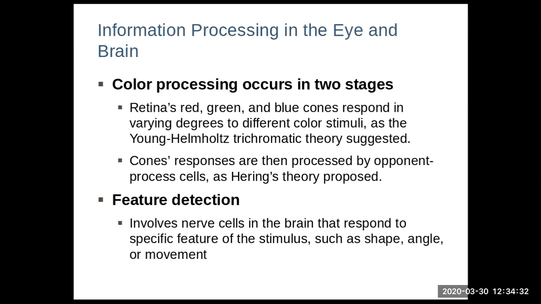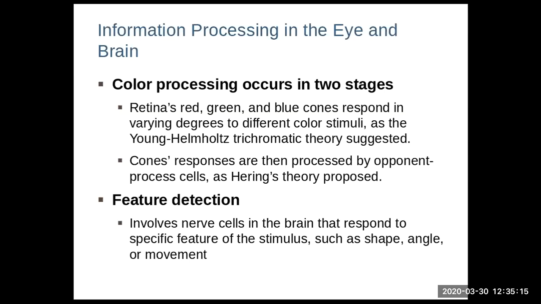Because if you recall, and if not, I can remind you, yellow and green make blue. So why are red, green, and blue the primary colors here? Well, we don't really know why that is, but what that tells us is that this trichromatic theory is an incomplete theory, because if your primary colors are red, green, and blue, how do we even process the color yellow? We can't, according to this theory. So this theory is correct about the red, green, and blue cones, but it doesn't account for the color yellow. Therefore, it is an incomplete theory by itself.